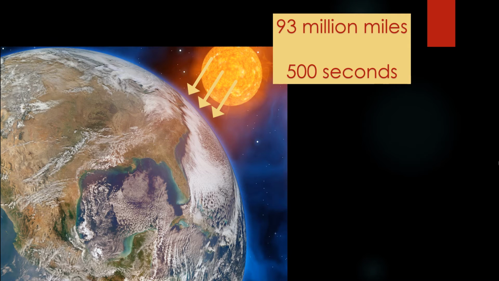Earth has a distance from the Sun of about 93 million miles, and it takes about 500 seconds for sunlight to reach the Earth's surface. One of the most important sources of energy is the Sun. The energy of the Sun is the original source of most of the energy found on the Earth. We get solar heat energy from the Sun, and sunlight can also be used to produce electricity from solar cells.